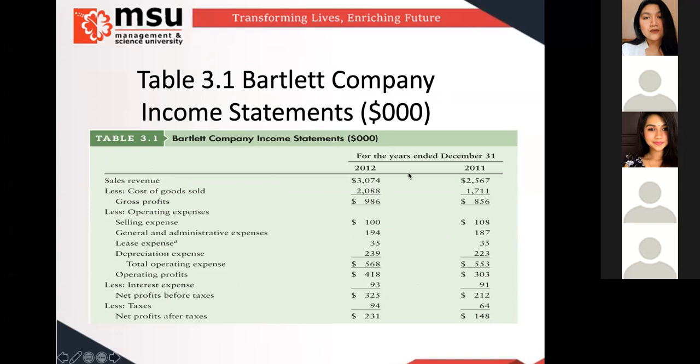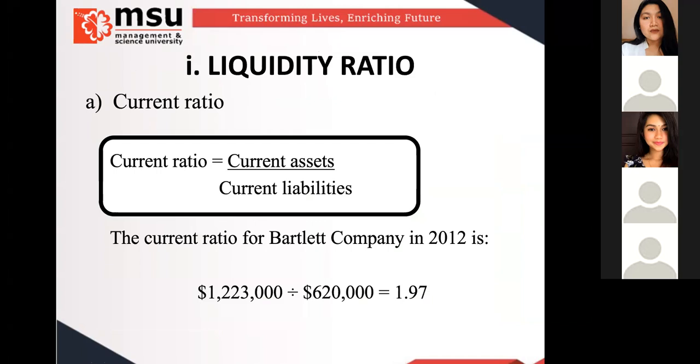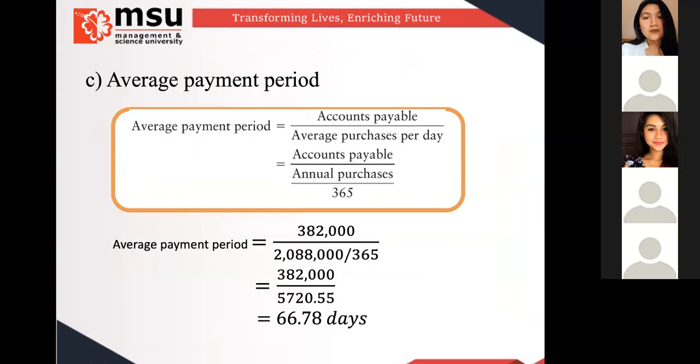This cost of goods sold, we want it on average. We want to see the daily average: how much are the purchases on average per day? So how do we get the daily purchases? We just take the average and divide 2088,000 divided by 365. So the answer is